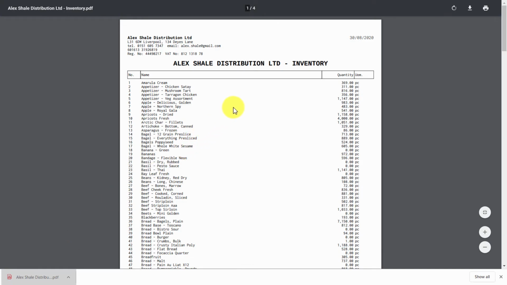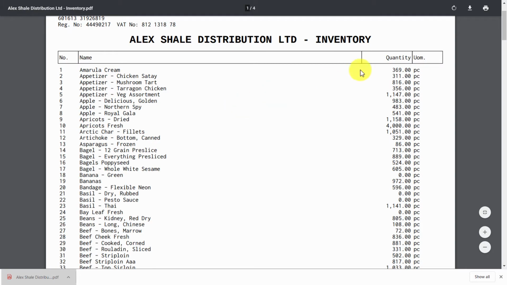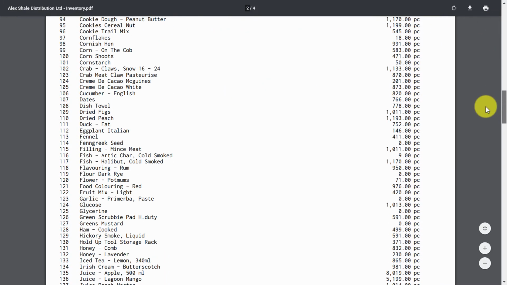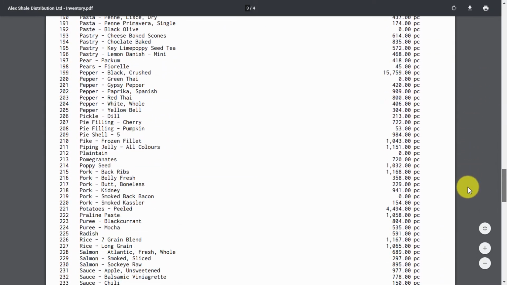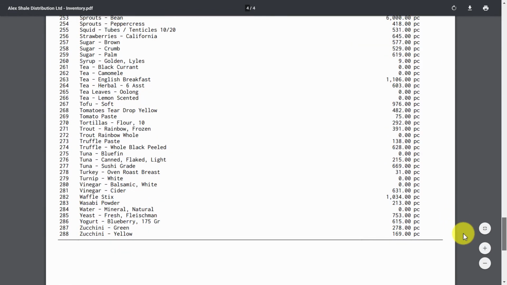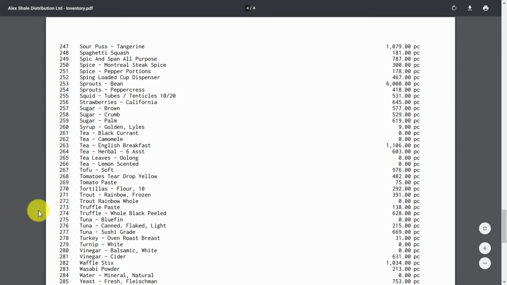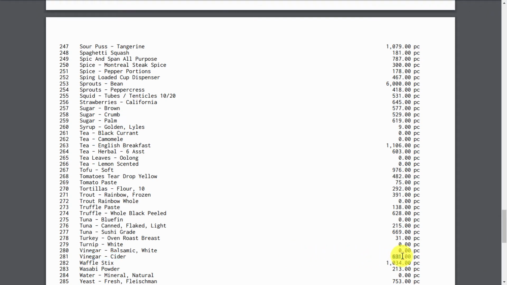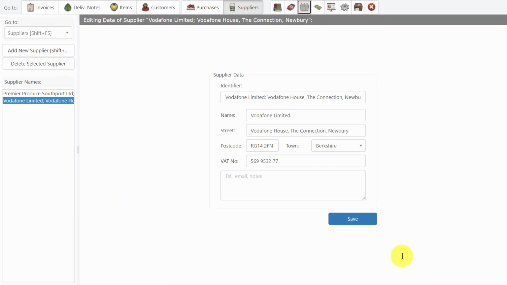Let's see the cider vinegar item. Cider vinegar, 631 pieces. Let's print the inventory again